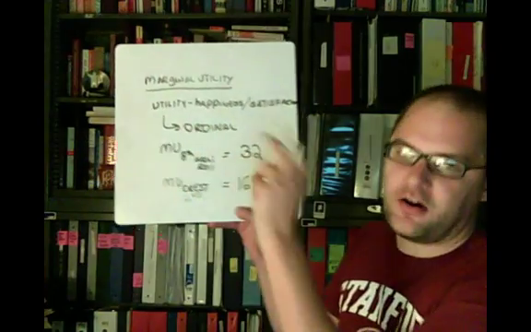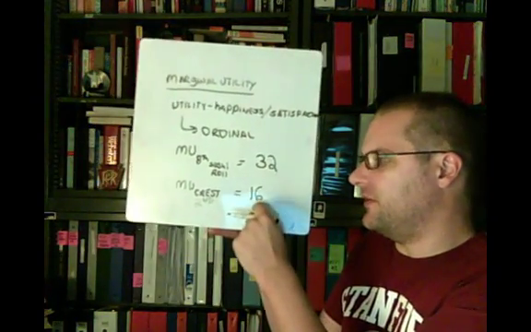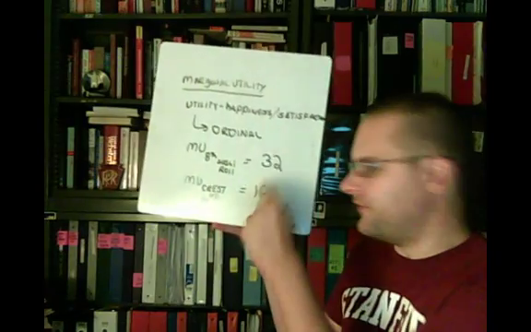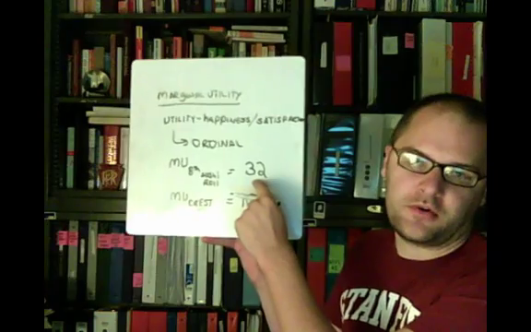Utility numbers are not cardinal numbers, right? Most numbers that we deal with are cardinal numbers, right? If I have $1, that's twice as much as 50 cents, right? That's cardinal numbers. These are ordinal. All this means is that this is preferred to this. We have no idea how much more this is preferred to this. All we know is that this is preferred to this because this is a bigger number. Okay? So that's going to become important for us because these utility numbers that we're calculating are unique to